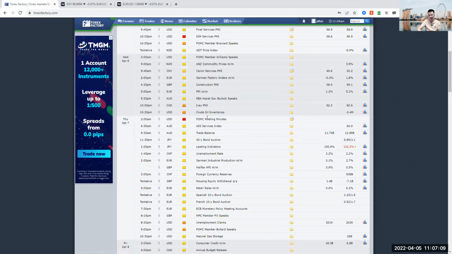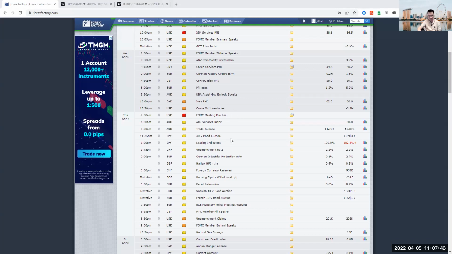On Thursday morning, we have FOMC meeting minutes. Like I was telling you yesterday already, we've already had the FOMC meeting rates decision. So with the meeting minutes, they actually will give us a little bit more of an insight into whether they chose to increase rates at 0.25 or 25 basis points rather than at a 50 basis point. That might give us a little bit of an insight into why that happened with the rates, with the meeting minutes there.